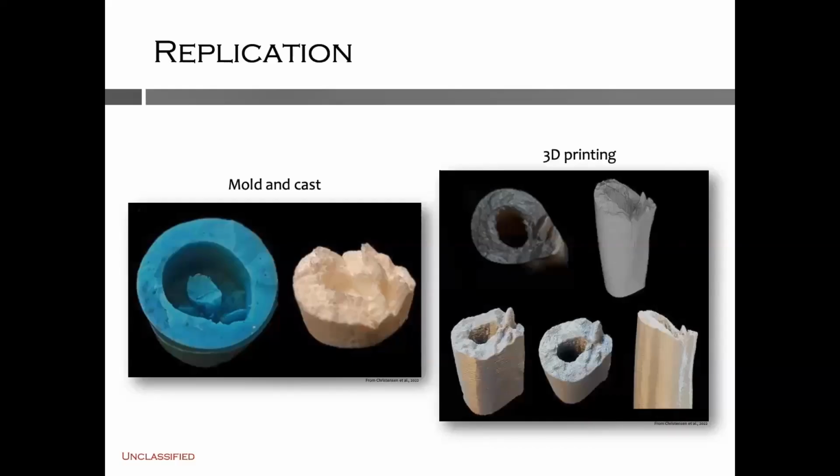This process requires multiple steps. First, a negative mold must be made, but then once that mold is created, it can be used to make multiple positive replicas. This can be beneficial for research as well as other testing, especially testing that would require non-reversible treatments. For example, gold sputter for scanning electron microscopy. In the left image, a mold of a femur fracture surface was created using silicone, and then a replica was